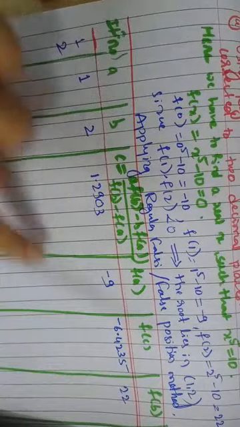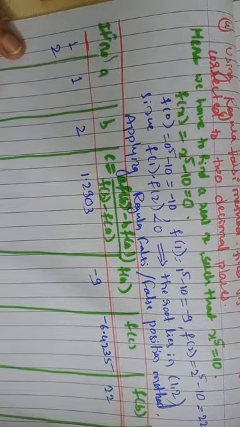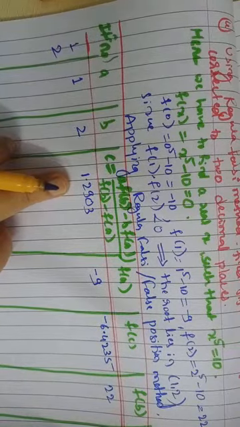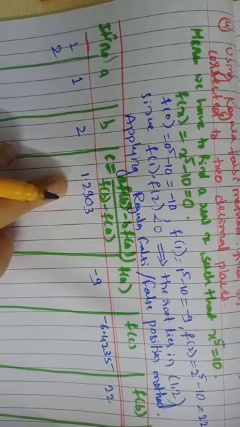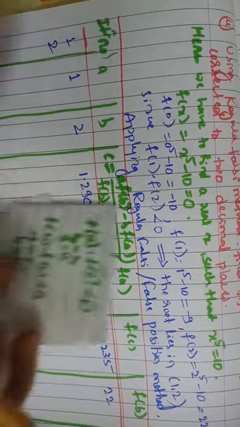Now next main important task is for the second iteration. This is one iteration. Now for the second iteration, we have to find the value of a and b. So to find the value of a and b, what is the condition we have? See, in the previous videos also I discussed regarding the condition to find the next interval values, that is the next values for a and b.